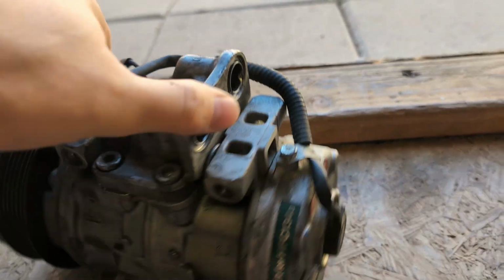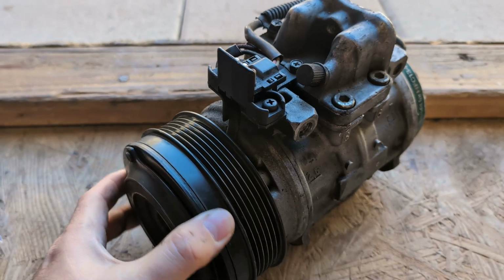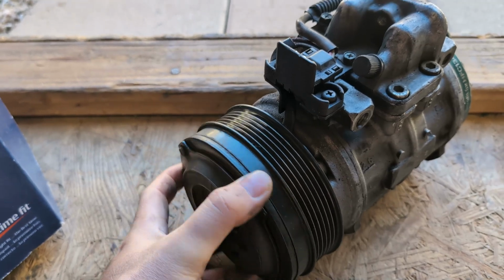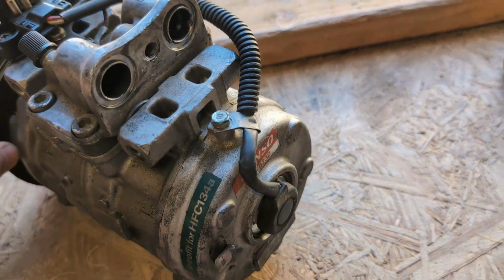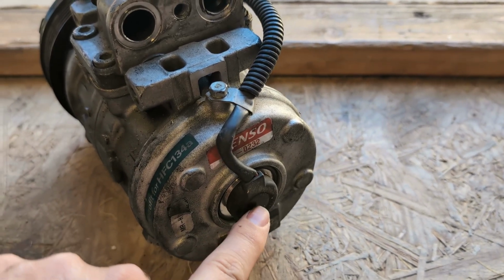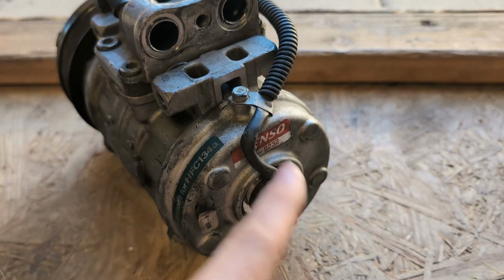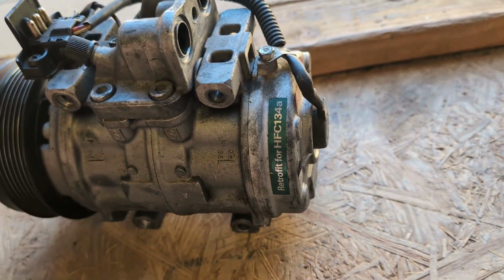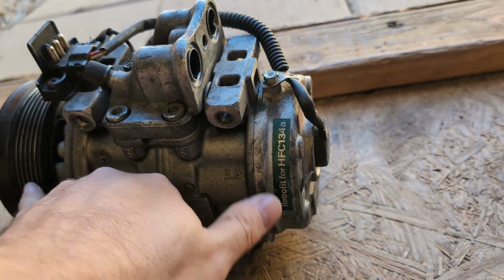And so the thing that's noteworthy about this is there's a couple of parts to think about. So there's this part I mentioned on the front, the clutch. And so the belt's obviously turning. You can tell it doesn't turn the clutch too. Because you may not have the AC on, it doesn't want to turn all the time. So this part here that goes over to this section, I believe this is the speed sensor. And so as this is turning inside, it's able to compare that to what the pulley is turning. And if that's not the same, then it's going to stop